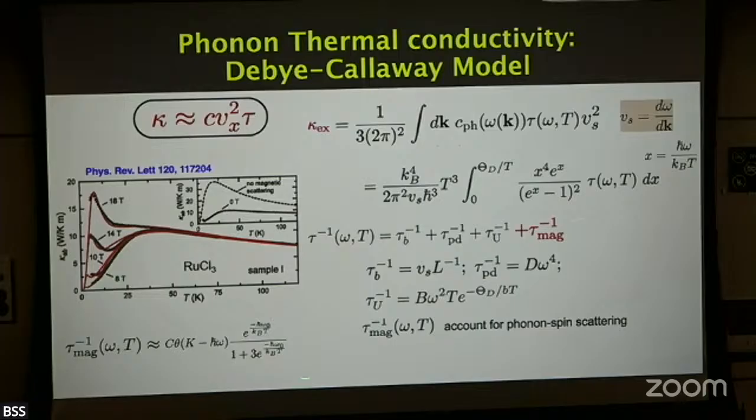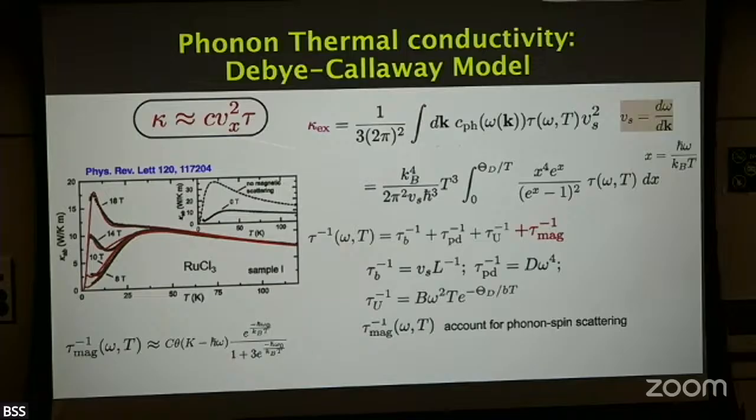And this tau_mag, the relaxation time arising from the magnetic scattering, they have an empirical form of this kind of shape. And this 3 comes from the phonon's mode number. And this is almost like some kind of probability-looking function. And they fit this data very well. And since it fits very well, there's phonon scattering from the magnetic impurity. I mean, there's some physics going in here where the onset of this scattering starts. But it actually fits really well. And this is the ground for saying most of the thermal conduction in ruthenium trichloride is happening based on phonon and so on, okay? So that's what it is.